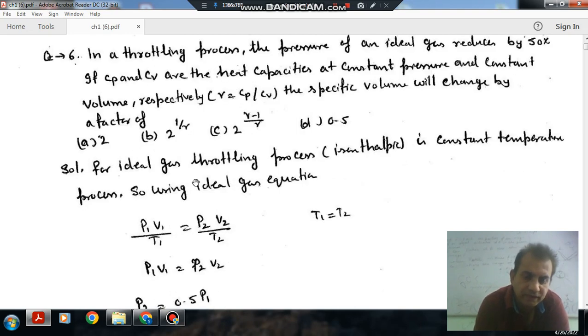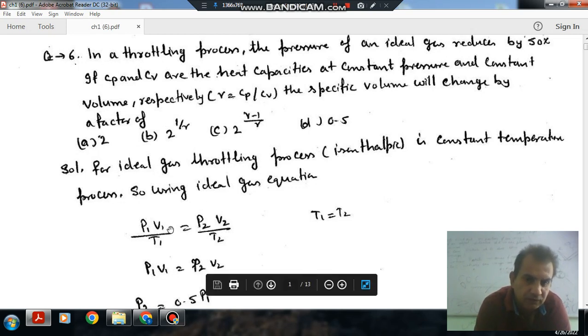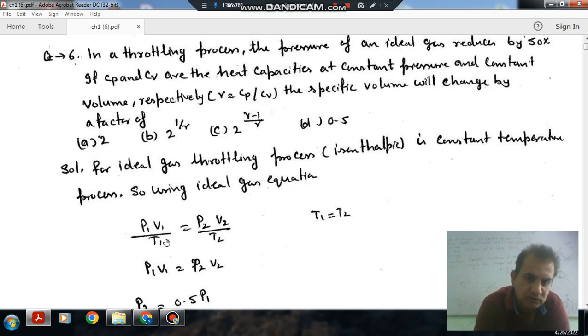So for an ideal gas, the throttling process is an isenthalpic process, and for an ideal gas an isenthalpic process is a constant temperature process. Because enthalpy of an ideal gas is given by Cp into T, and the change in enthalpy will be Cp delta T. So temperature will remain the same during an isenthalpic process for an ideal gas. So using the state equation,